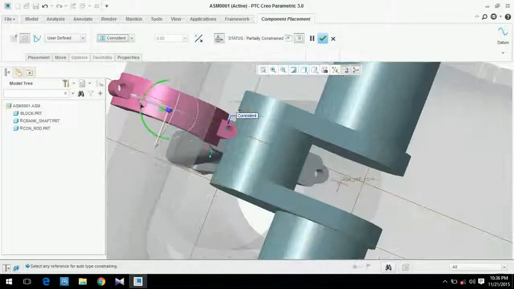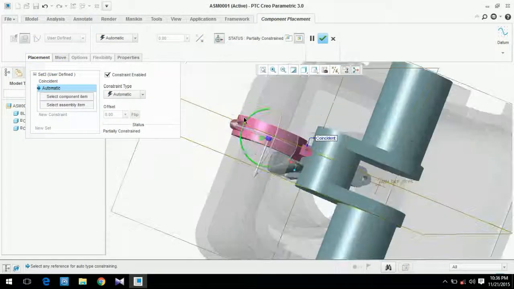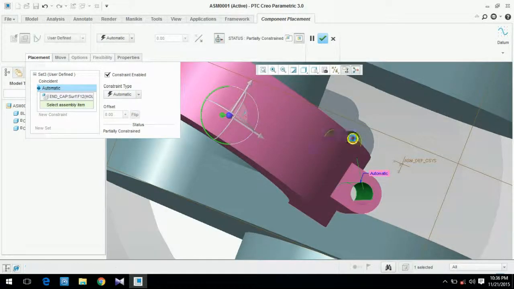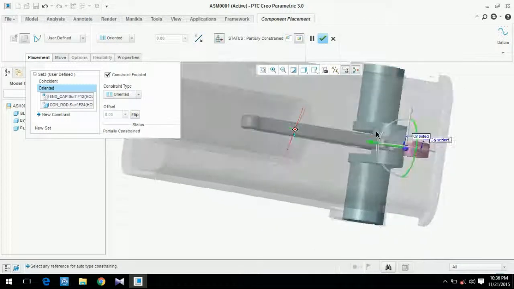But in this case you will have to add a new constraint and rotate it a little bit, and now this and this constraint. Okay, but one constraint is still available, you can slide it.